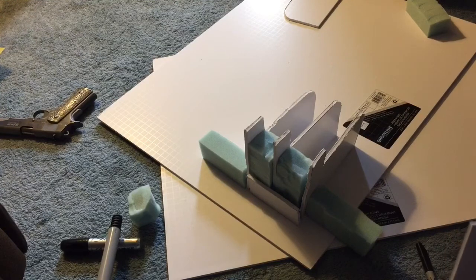You can crank out several of these, for probably under $20, which is nice, because I know some of the pistol racks, some of the simpler, even the metal ones, are 15 to 20. I even saw one at Dick's Sporting Goods for 25, and I kind of thought that was a bit much. But I got this poster board for $2 a sheet, and I got the piece of foam for about $6, and out of one sheet I was able to make two